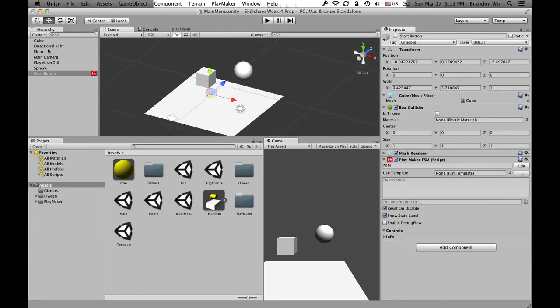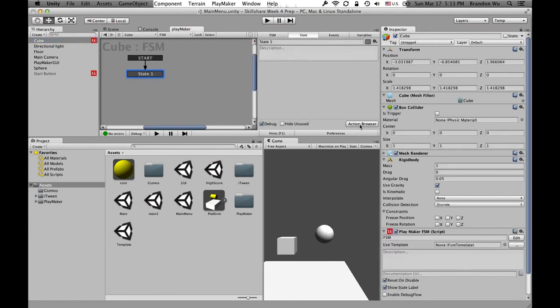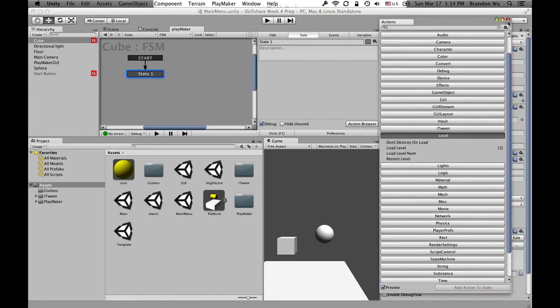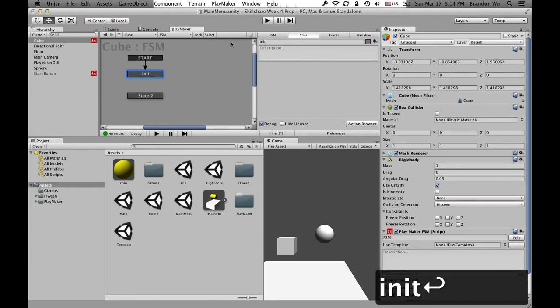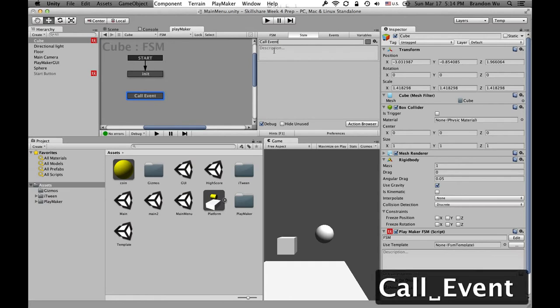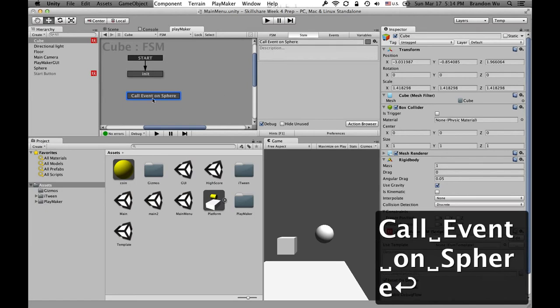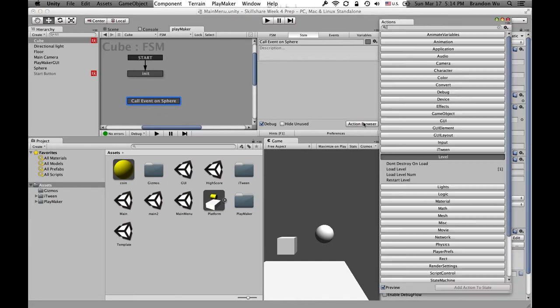Now let's go to Playmaker. Cube, Playmaker, and just add a new state. So that state 1 will be the initial state, and state 2 would be call event on sphere. And then here we're going to say, okay,